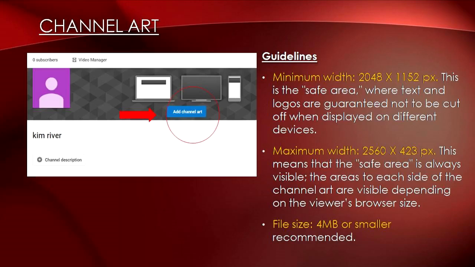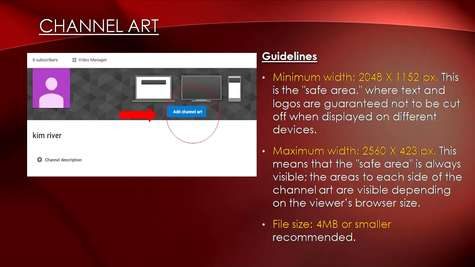Alternately, mouse over the photo space to reveal an Edit button in the upper right corner to open a drop-down menu. Select Edit Channel Art and then either drag or upload the image you want. When you upload a photo or select an existing one, you'll then get a preview of how it will look on different devices. The channel art display changes according to the device used. Usually the channel art will show as a narrow horizontal panorama on a desktop web browser and on a mobile device. Here's a recommended guideline you can refer to.